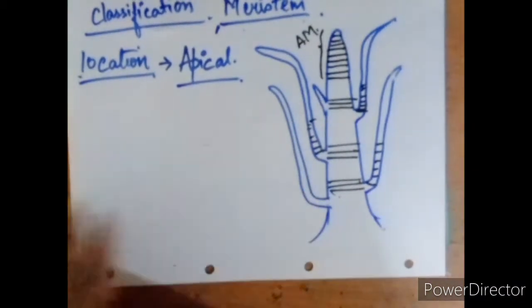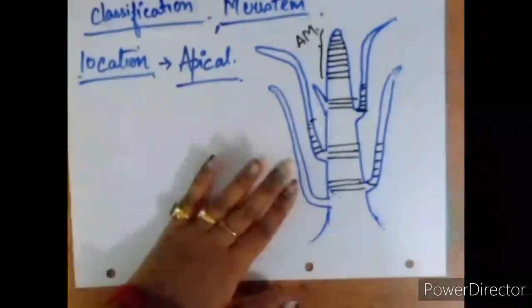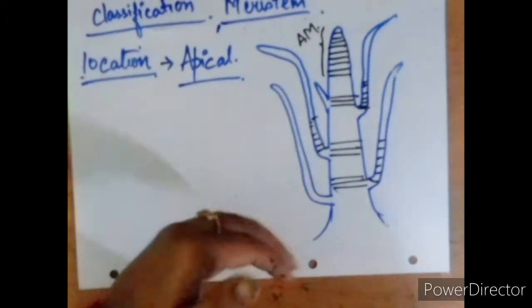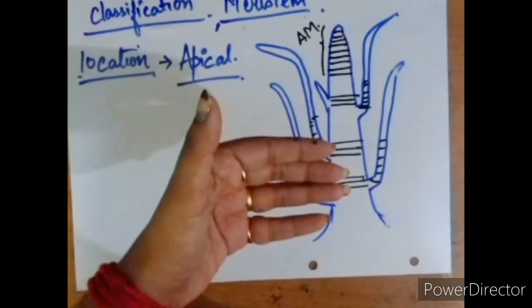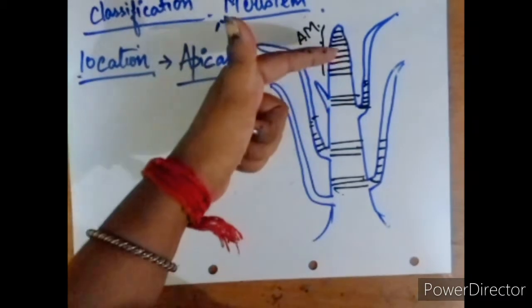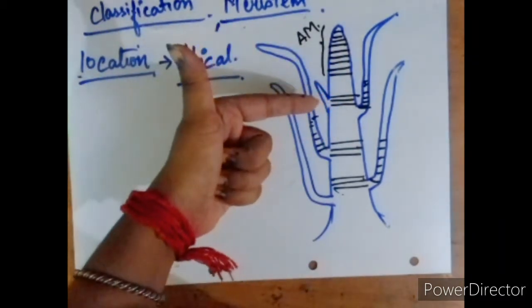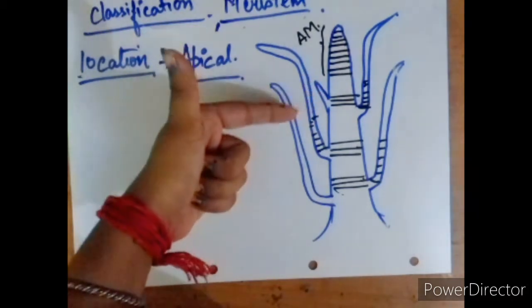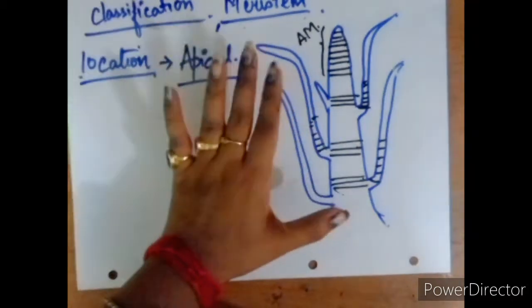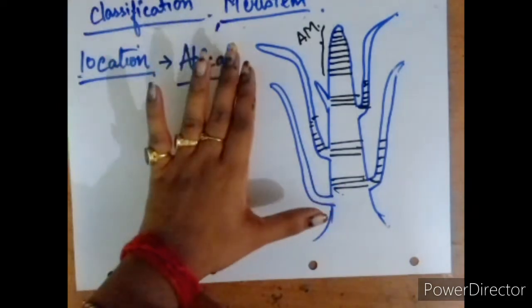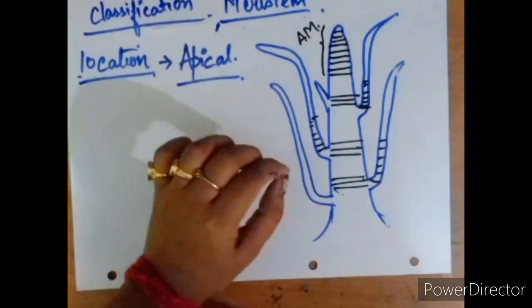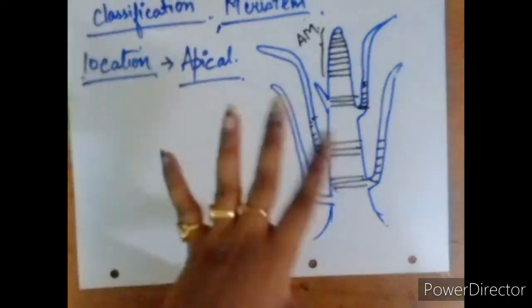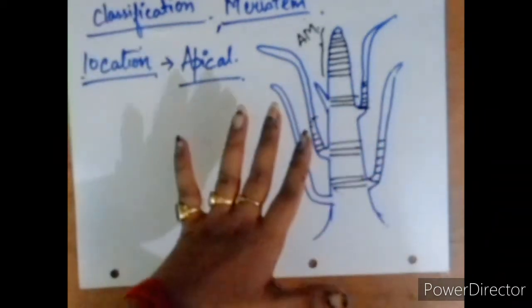Intercalary meristems are the portion of apical meristem which is separated from the apex during growth. Okay, they have separated from the apex during the growth. Clear? And they also lead to the formation of permanent tissues thereafter. Intercalary meristem also has the same functions as that of the apical meristem. So is it clear to you?